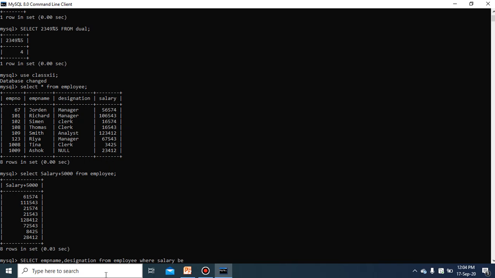between, range of values, if I am specifying 50,000. With the between operator, you are not supposed to write two, and you will write between 50,000 and 1 lakh. What output will you get?